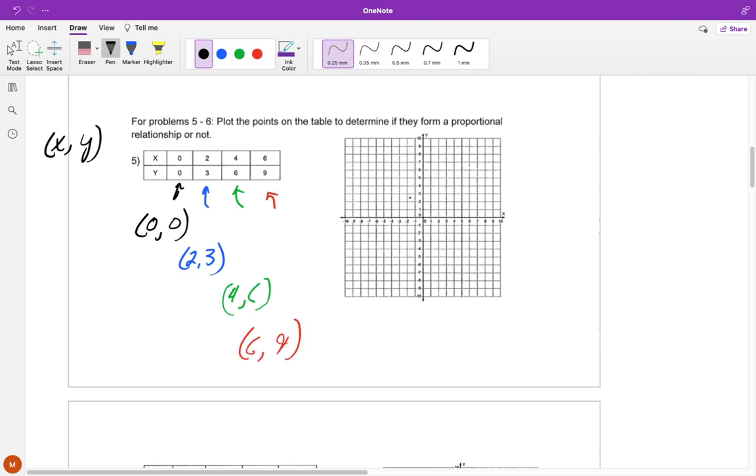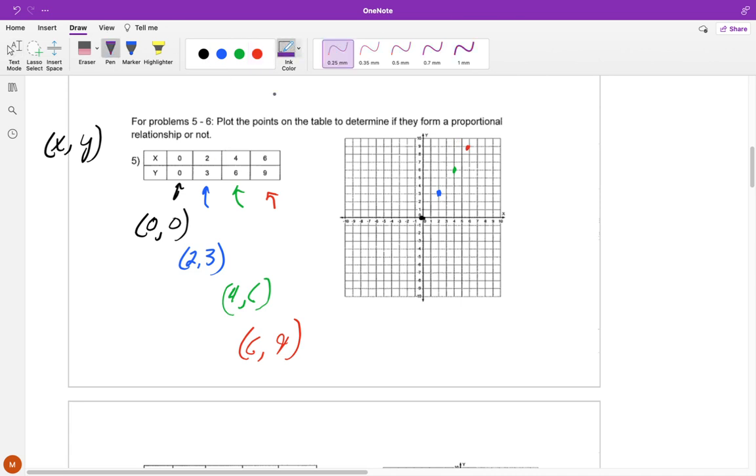So now I'm just going to go ahead and plot these points. 0, 0, 2, 3, 1, 2, 3, 4, 6, and 1, 2, 3, 4, 5, 6, and 6, 9. Once you do that,